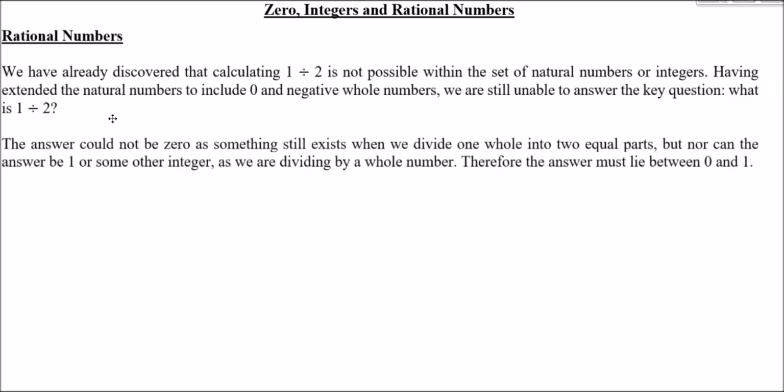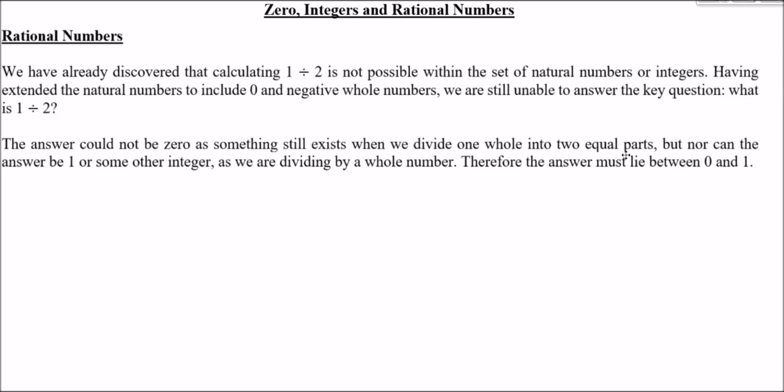So the answer can't be 0, because something will still exist when we divide 1 into 2 equal parts. But nor can the answer be 1 or some other integer, as we're dividing it by a whole number. So therefore the answer must lie between 0 and 1. It's got to be less than 1, because you're splitting it into something smaller, but it's got to be greater than 0, because if you split a whole into 2 parts, each part has to have a size